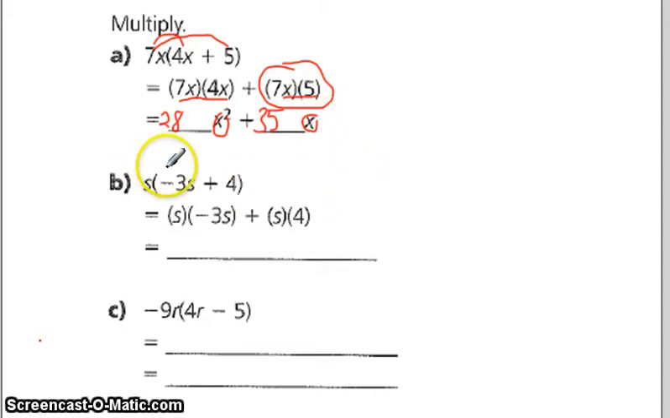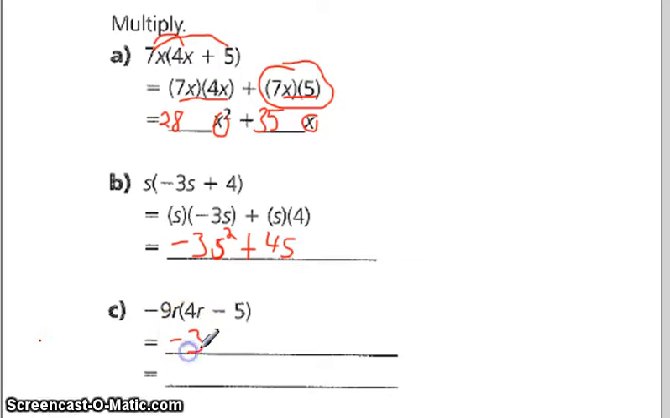Okay, let's look at it for b. S times negative 3s will give me negative 3s squared. It's supposed to be an s. There we go. Plus s times 4 is just 4s. That's it. Pretty simple. And the last one here, negative 9r times 4r will give me negative 9 times 4